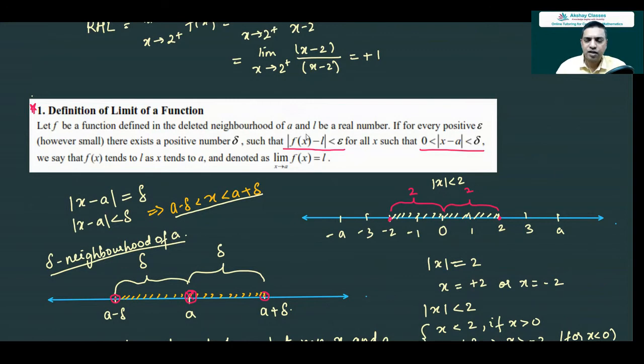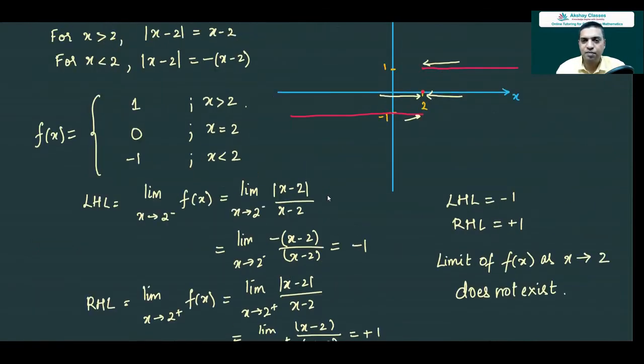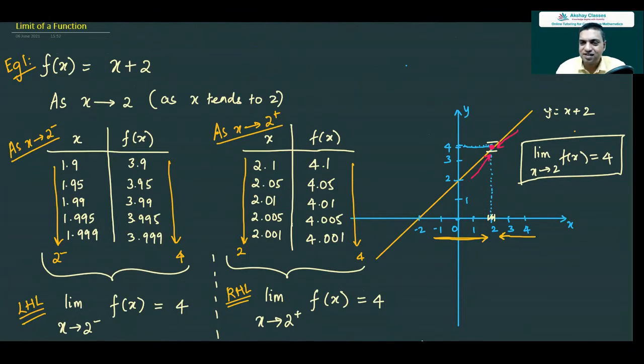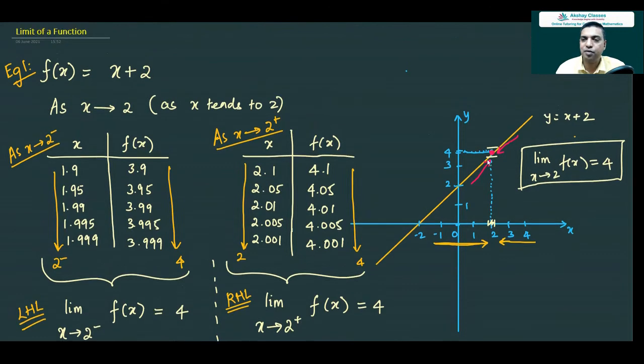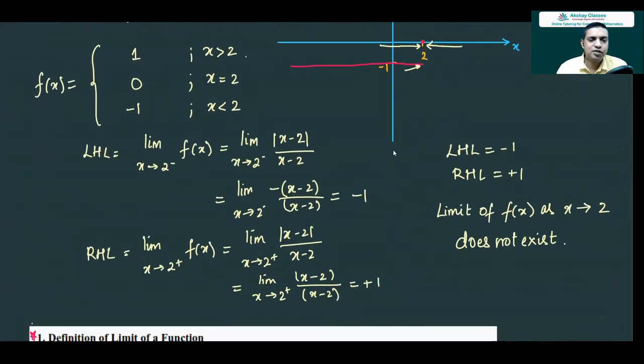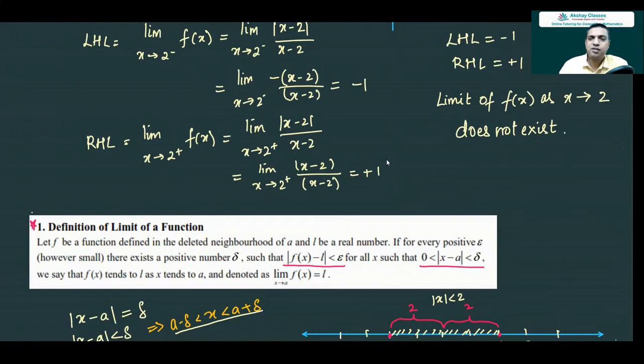However, for most practical problems in engineering and our mathematical problems, we don't have to worry so much. We will get functions like this, where it is very clear: when x approaches 2 from the left, your value approaches 4, and x approaches 2 from the right, value approaches 4. Or you will get a discontinuous function like this. When x approaches 2 from the left, function value is -1, and when x approaches 2 from the right, function value is 1. At best, we'll get problems like this.